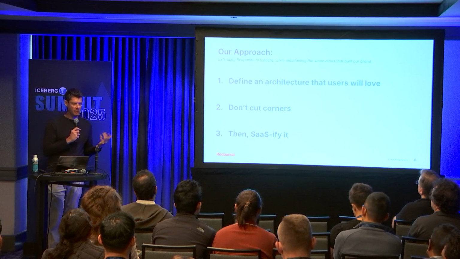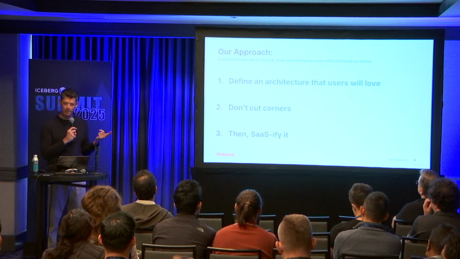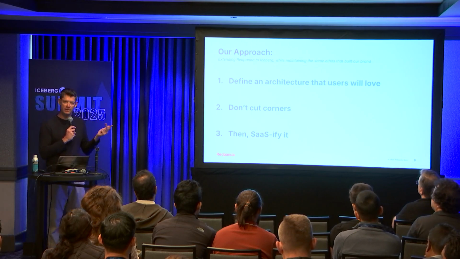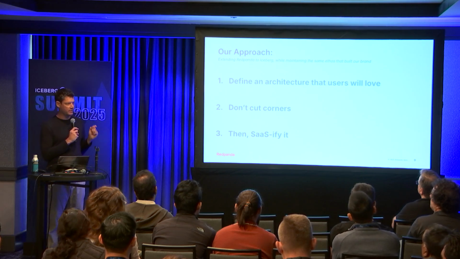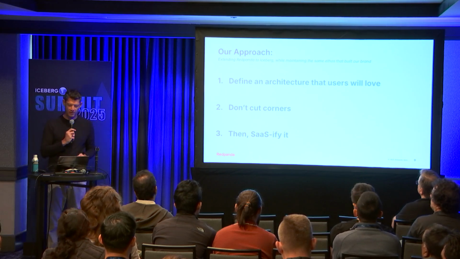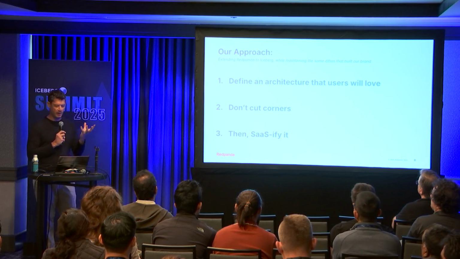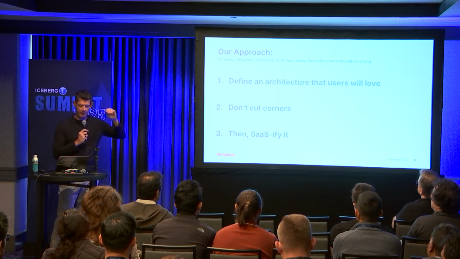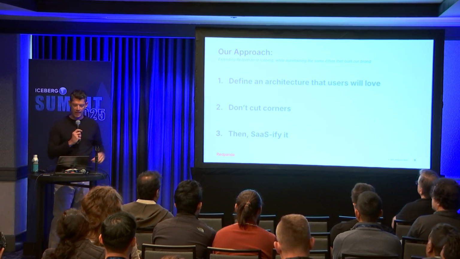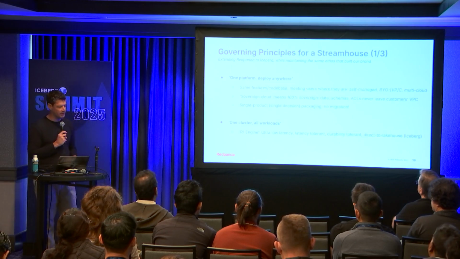These are hard things, but the thing about hard things is they're hard, and people will buy products and pay you money if you solve hard problems, right? So instead of cutting corners and saying, well, this will work if you don't use 33 features, let's build the right architecture from the ground up and then SaaSify it. So let's sprinkle the SaaS bits on top, and the Streamhouse roof will be added, but it's most important that it has a good foundation.